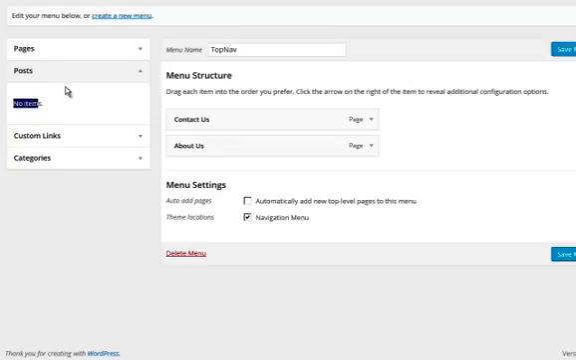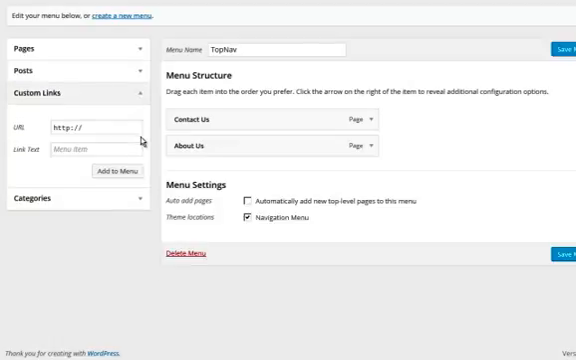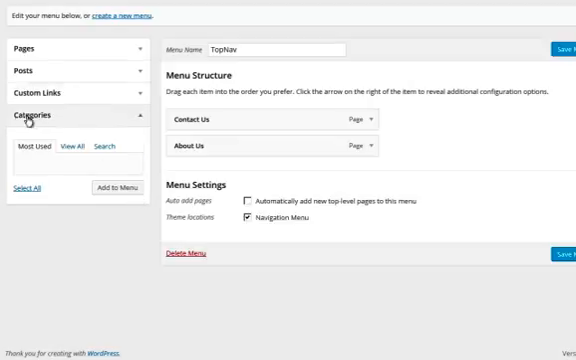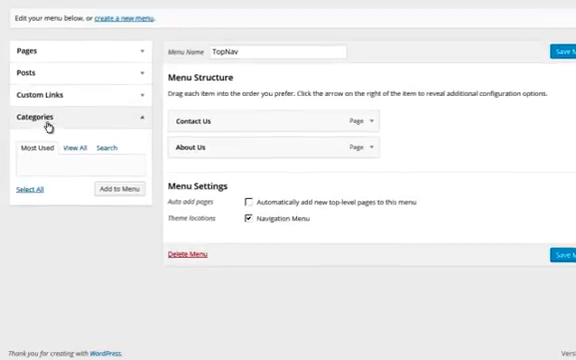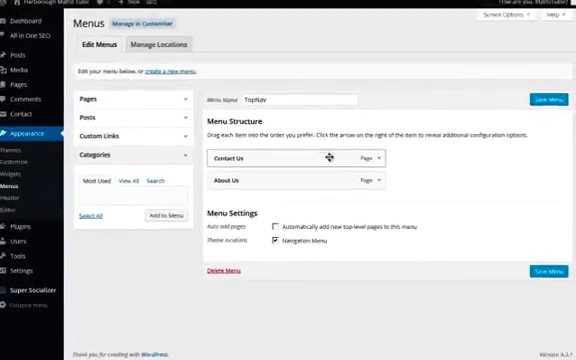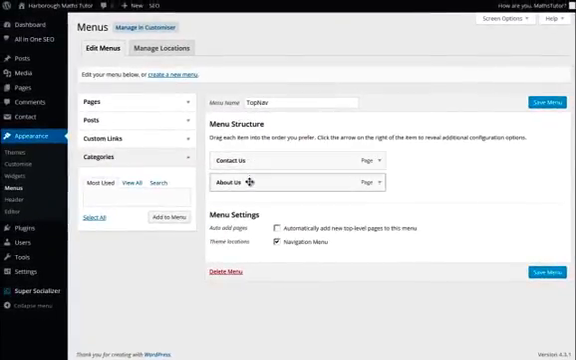We can create a custom link, so maybe a link to another site. We can type that in there, whatever that may be, and whatever name you want to call it, and then we just add to menu. And we can also put a category as a menu section. So with this as it is, with just contact us and about us, let's save the menu